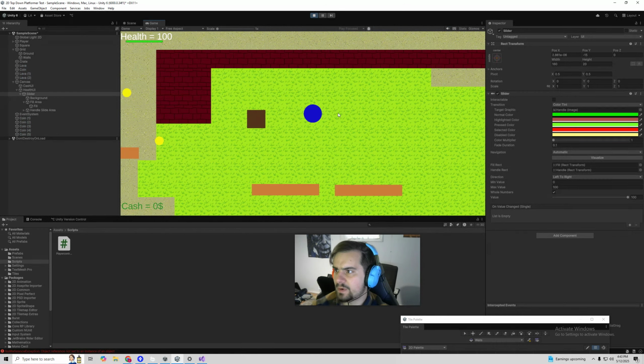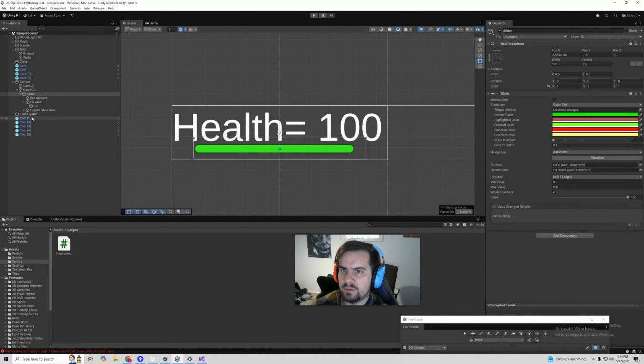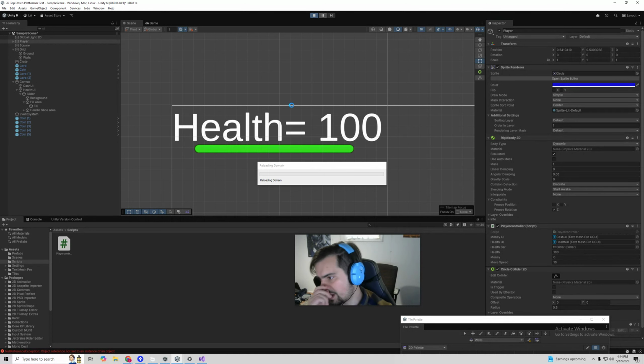So I have my little health bar up there now, and my game crashed, so that's not ideal. My game crashed because my player never got a reference to that slider that it's looking for. So if I go to my player code, we have this health bar slider that we never set a reference to, so I'm going to drag my slider into that slider. And now, when I press play,